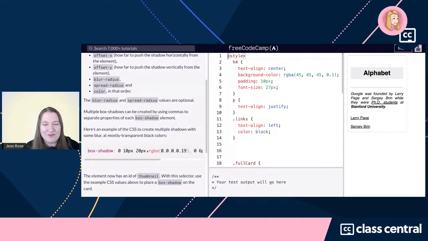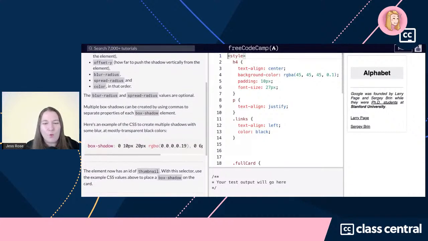The element now has an ID of thumbnail. We're going to use the thumbnail selector. It said selector, and it says CSS, doesn't it? So this is cheating. Selector usually, it went ahead and told us CSS, didn't it? So the first thing we're going to do,